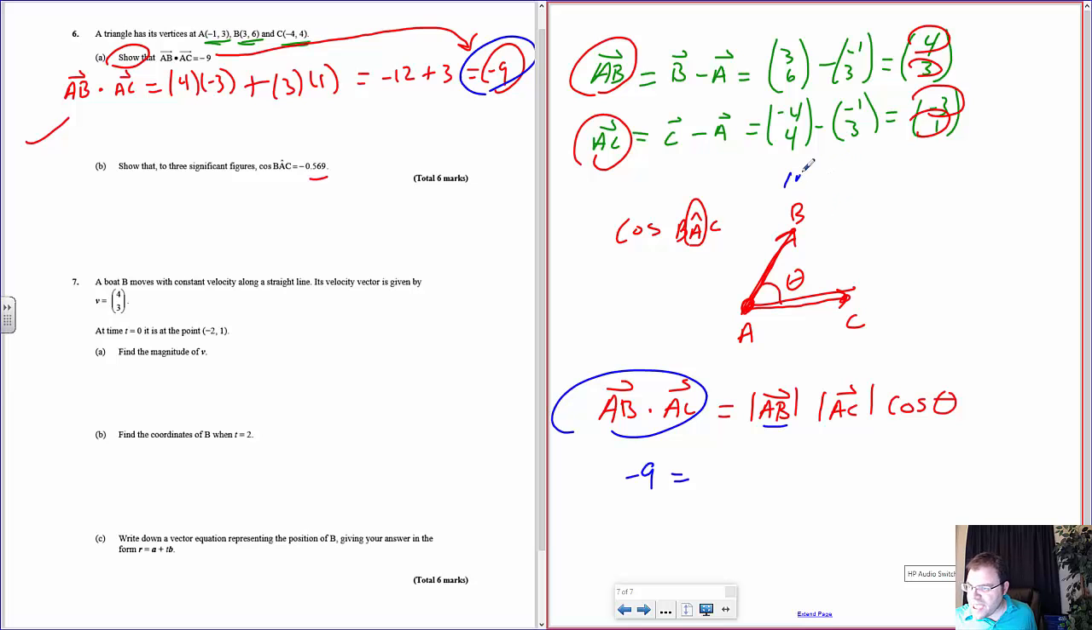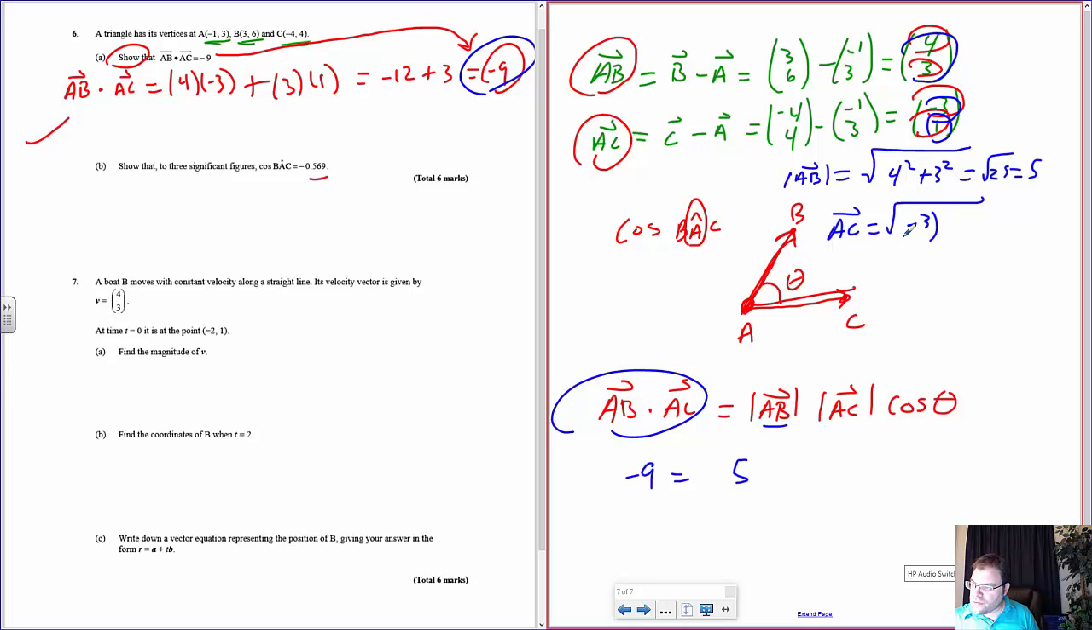How? The magnitude of AB is these numbers underneath the square root, squared. So 4 squared plus 3 squared. So that's 16 plus 9, which is root 25, which we now know is what? Is 5. That's what that is. The magnitude of AC is the square root of -3 squared and 1 squared. So that's the square root of 9 plus 1, which I now know is what? Is root 10. Okay, so this is root 10